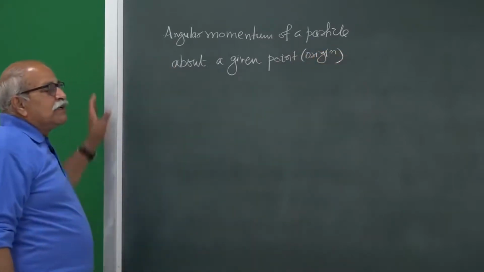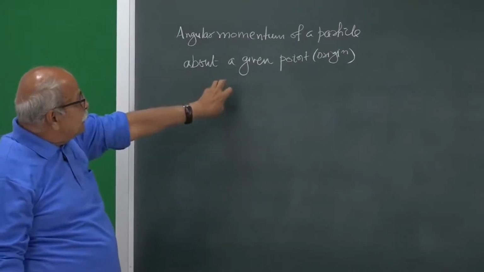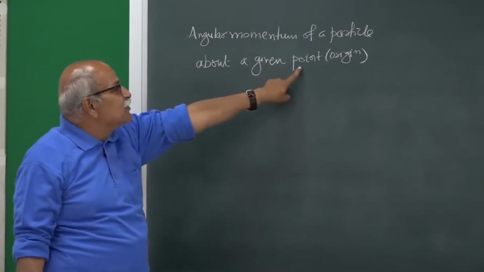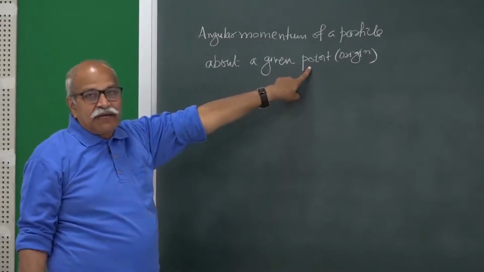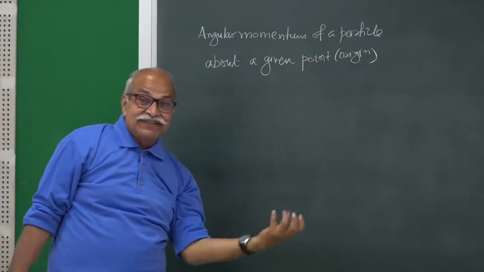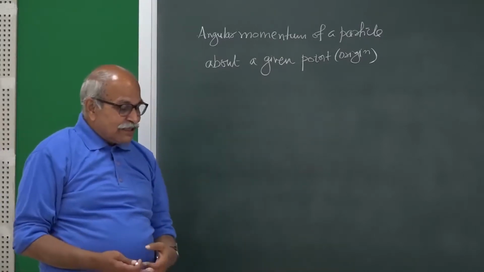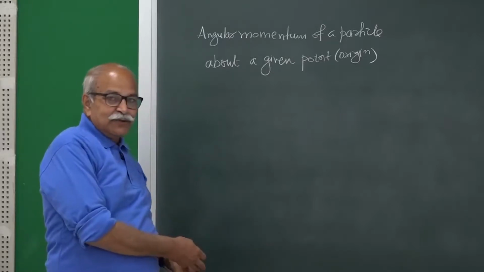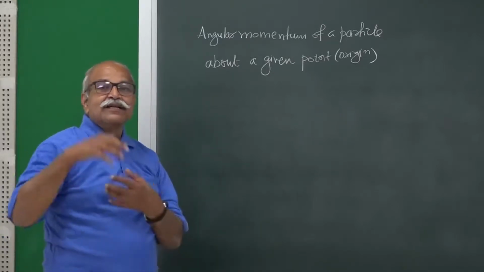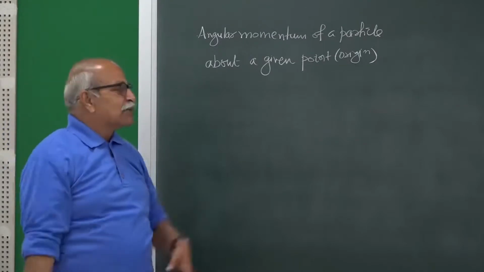So, the angular momentum of a particle is also associated with which point you are talking of. The particle may be somewhere else, but this point you have to choose somewhere. For linear momentum it does not matter where you have taken your origin; it is the mass of the particle and the velocity of the particle, a local phenomenon. But angular momentum,